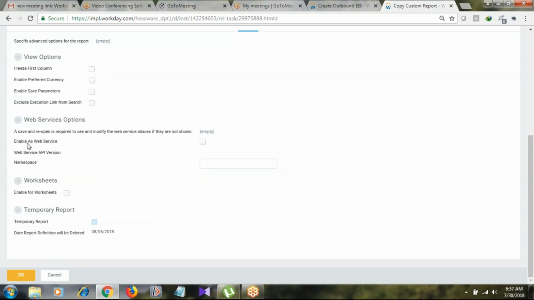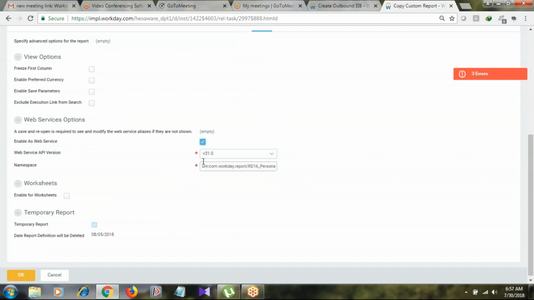There is an option called Enable as Web Service, and I need to check this option. This will automatically populate the version name, the current API version name, and the namespace. This is the namespace we're going to use. Click on OK here.